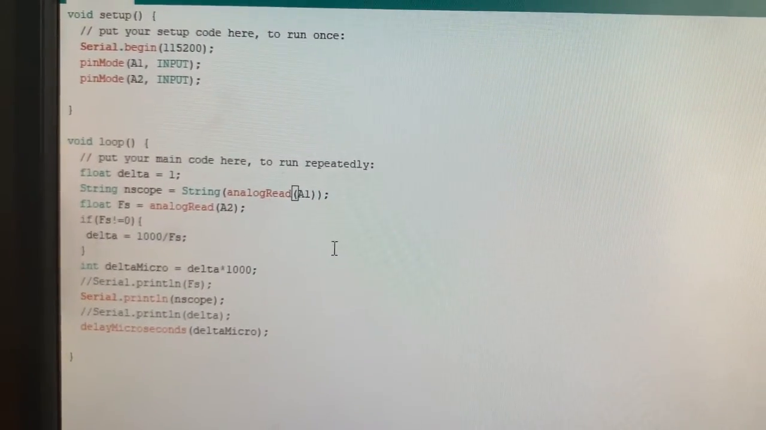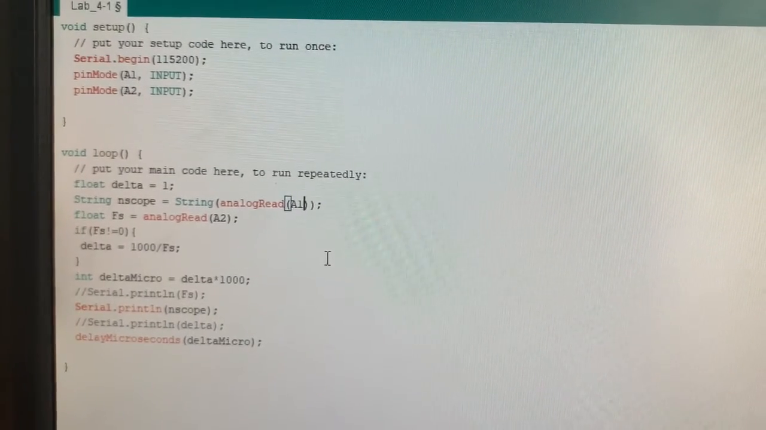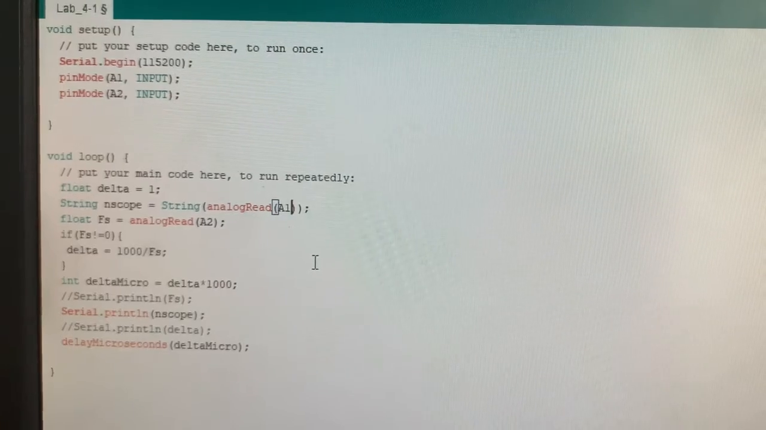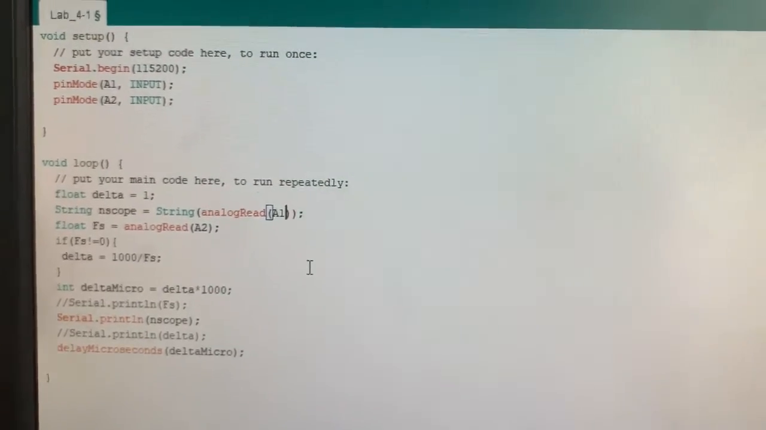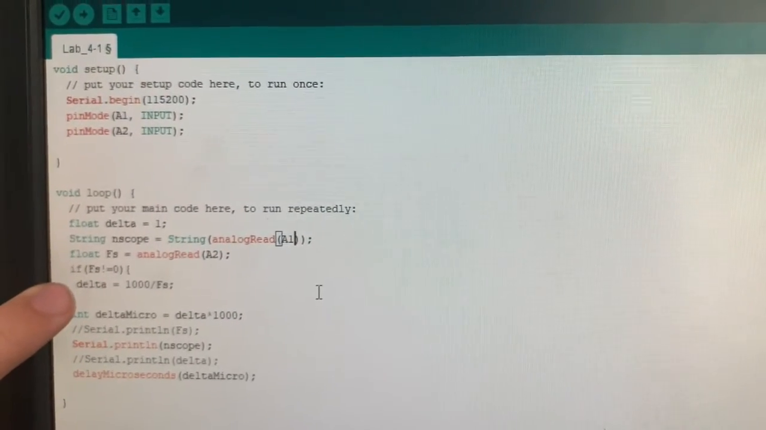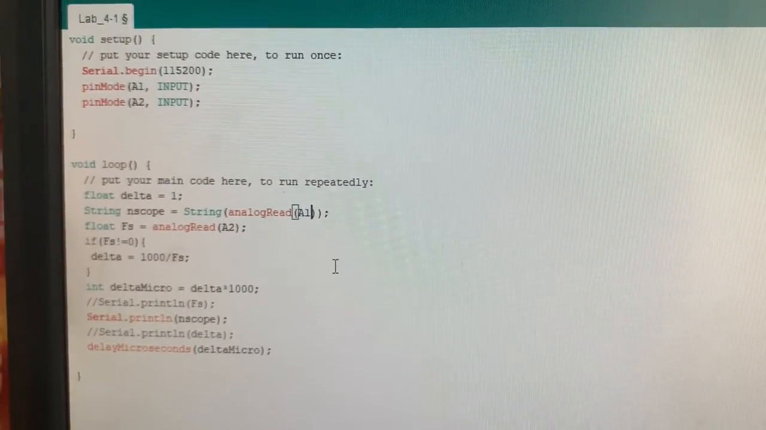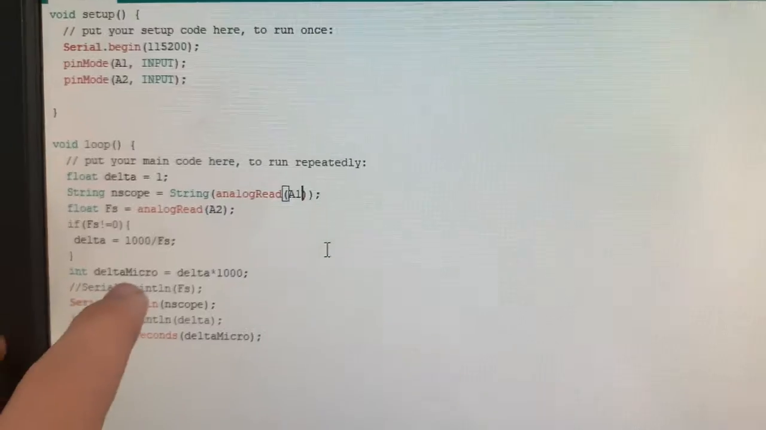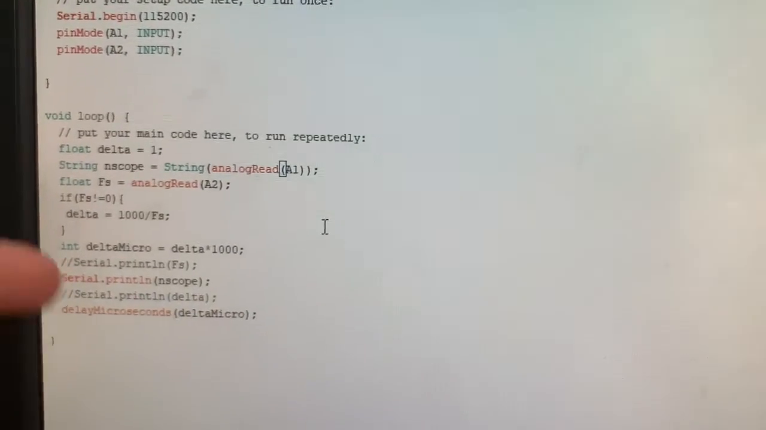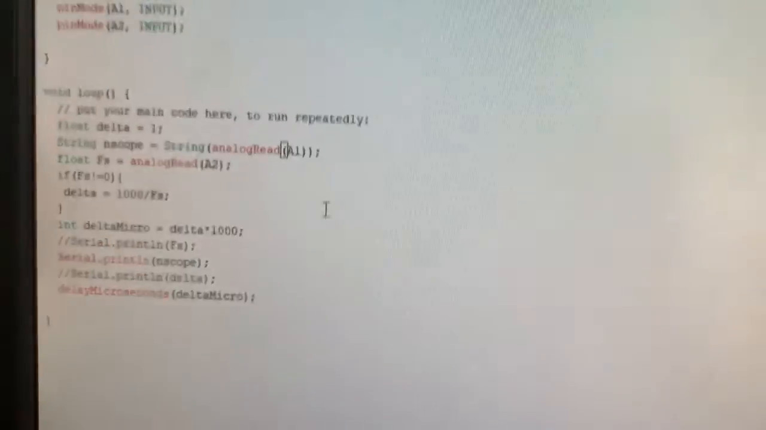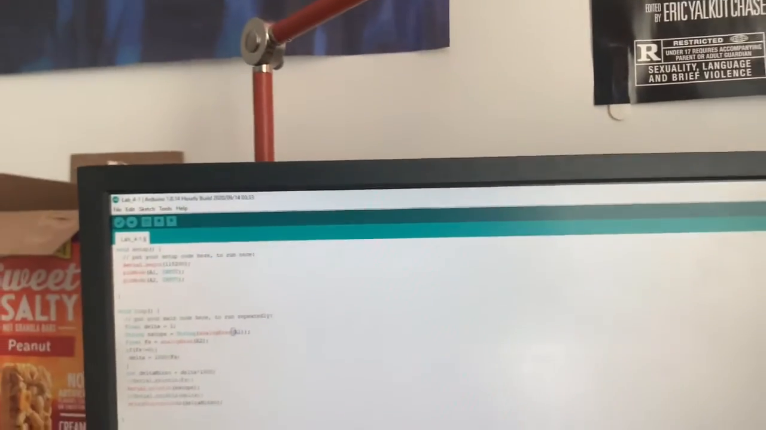I also describe a signal frequency by reading in from pin A2. Then I create a delta variable, which is 1000 over the signal frequency, which I then change to be in microseconds by multiplying by 1000. I print the oscilloscope reading and I delay the appropriate number of microseconds. Following that,